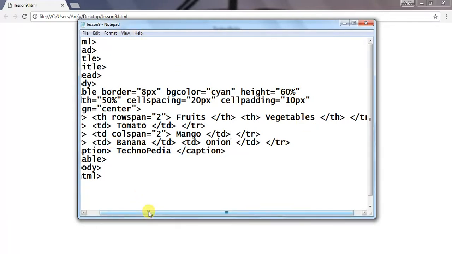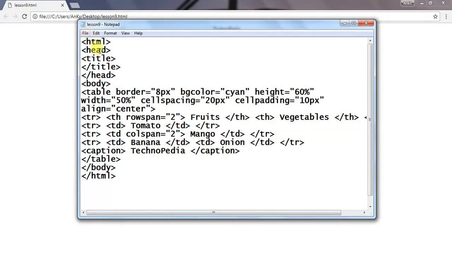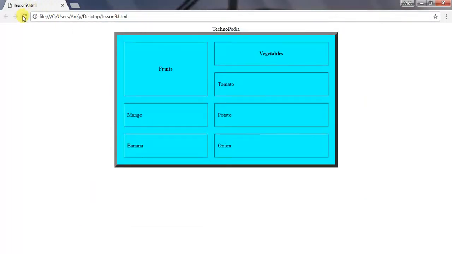Then I simply save it and refresh the result. So guys, here you can see the potato disappears and the two different cells become a single cell of the table.